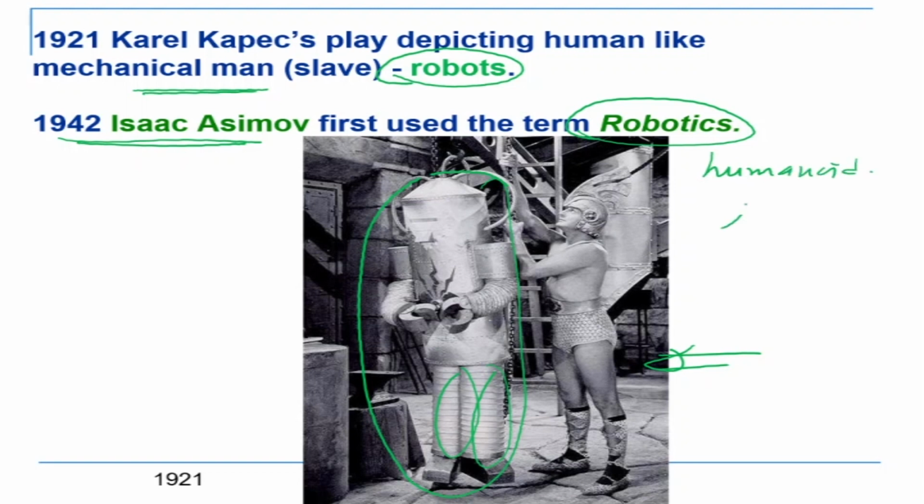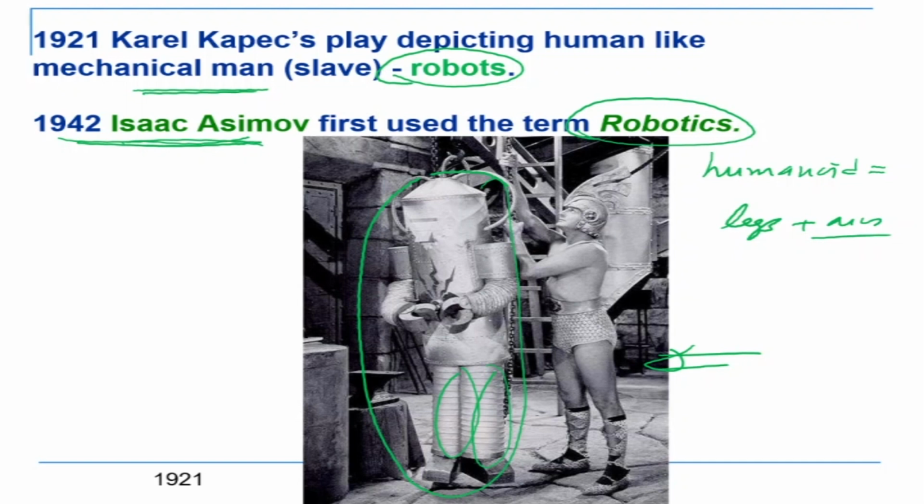Okay, humanoid robots have legs and they have arms. In most of his writings he would be depicting robots as humanoids which have legs and arms. This is just for historical interest: the word robot actually came from this drama or play in which it was a robot which had legs, actually 2 legs. It was a biped.